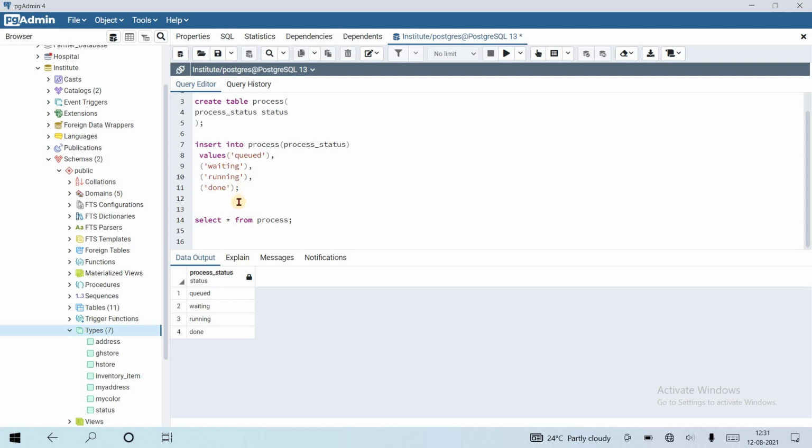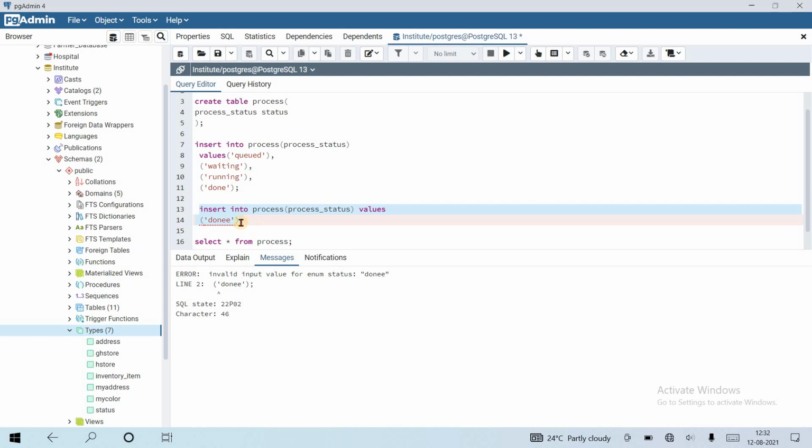Insert an invalid value. Insert into process, status, values, suppose invalid value is done. Is it inserted? No, it is not inserted. It gives an error because the status done is invalid.